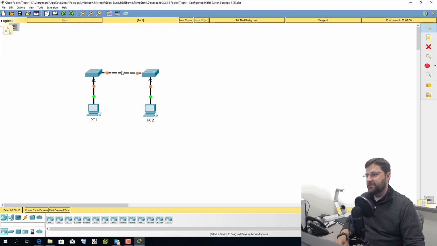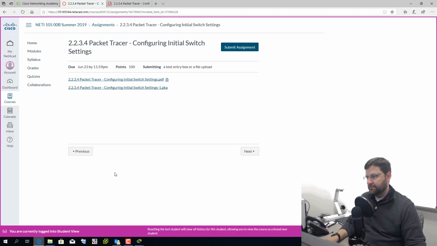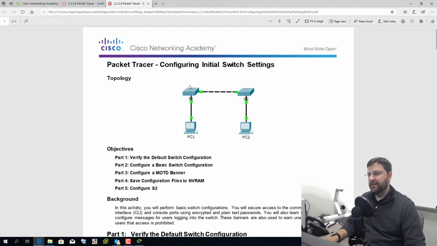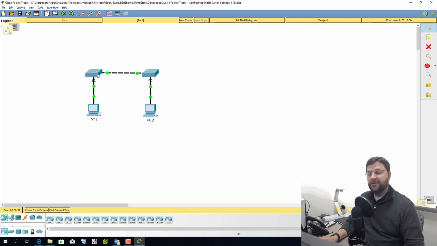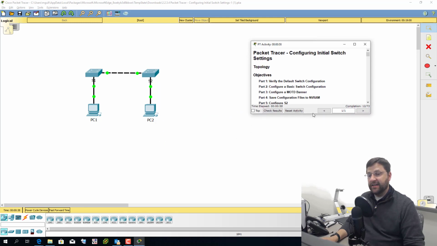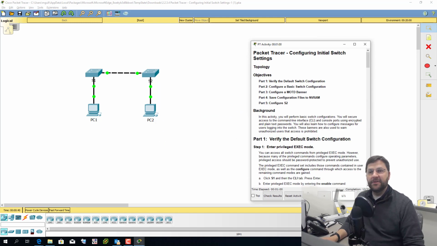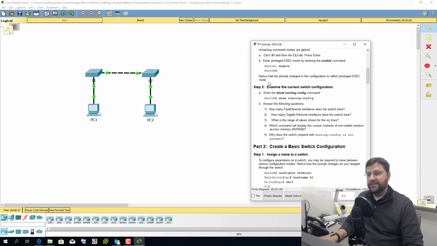Here I've got my 2 switches and my 2 PCs, just like I had in my PDF. Let's see. Yeah, just like in my PDF here. But Packet Tracer is where I'm going to actually configure these devices, right? I've also got another window that opened up with Packet Tracer, and these are the instructions, the exact same instructions that we found in the PDF. However, this doesn't have room for you to type your answers in, right? So you need that PDF to type your answers in. But these are the exact same instructions.